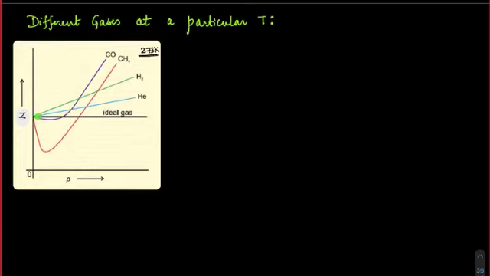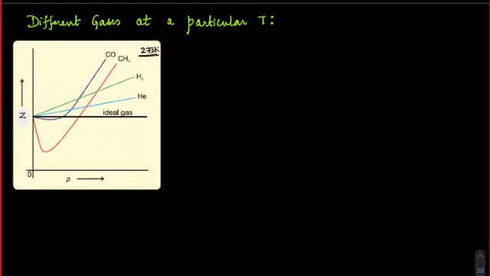If you consider these two gases, CO and CH4, you can see the dip of this is more, so can I say that the A value for CH4 will be more? This is one conclusion you should be able to get. If you compare carbon monoxide and CH4, I can say CH4 will have a larger A value and CO will have a smaller A value. So like this, if I start comparing all the different gases, I can get one simple conclusion here. I will give a few values also, which would be helpful for us.